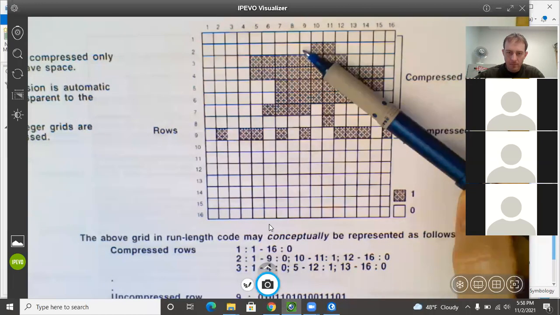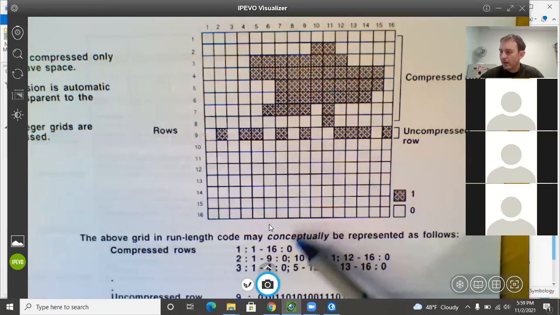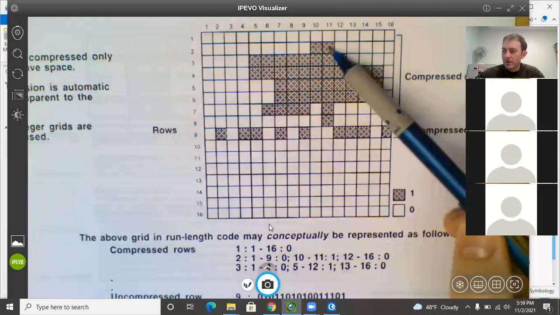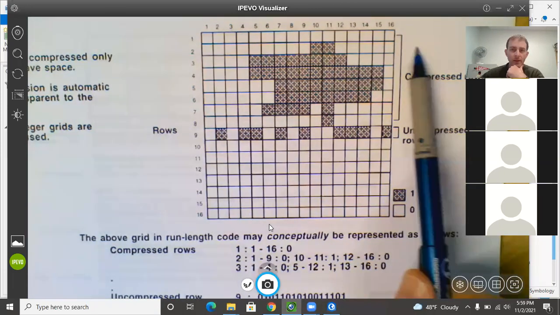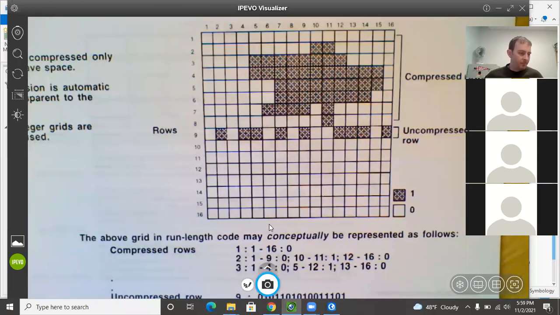There's nothing, or it says 0 right here. But in columns 10 and 11, there are cells that have a value in them. Whatever those are, we don't really know, but we said, okay, there's value in there. So I'm encoding that and compressing that. And then 12 to 16, nothing. So this is just more of an idea to let you know what's happening in these per cell types